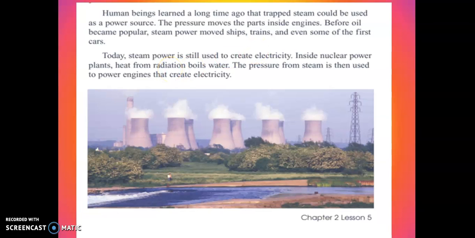We can produce electricity from the water. We can have electricity from the wind. We can have electricity from the vapor. We can have electricity from the sun. And we can store this energy in batteries, as Alessandro Volta did, in the last lesson, 150 years ago, right? Inside nuclear power plants, look at this picture, it's a nuclear power